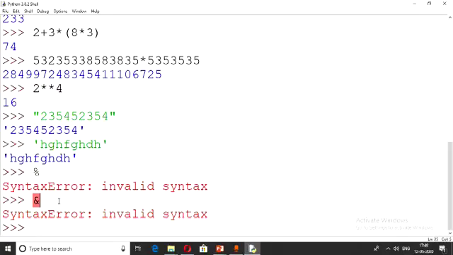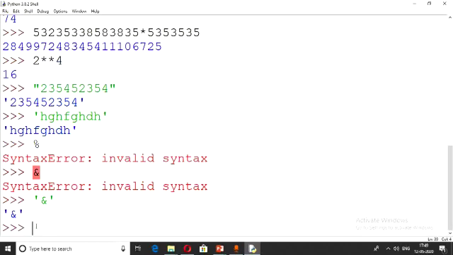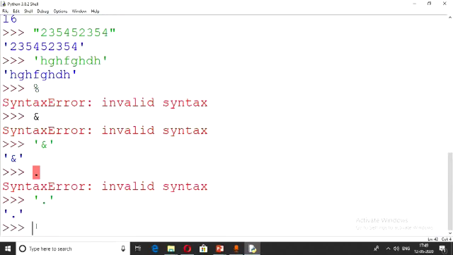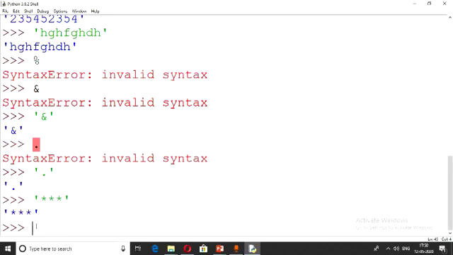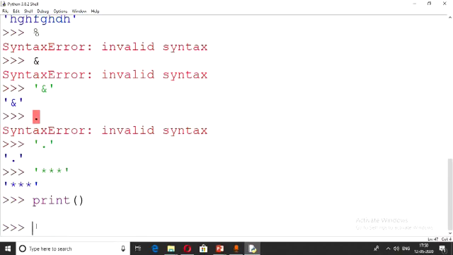So now, continuing with the same, we will use a symbol with single quotes. See, now it works without giving a syntax error, even for a dot. Let us type asterisk and see. Now let us come to the print function. In this function, suppose we pass the argument hello. We write it in double quotation marks. So we get the output as hello.